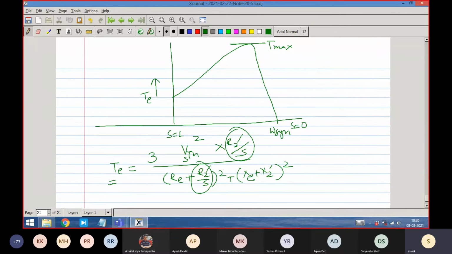So if a machine is designed with double the rotor resistance, it will produce the same torque at double the slip, isn't it? You see that no change is there. As long as we maintain the same R2'/S ratio, the same value of torque will be produced. So let us say this torque value I want to produce for another machine, which has double the rotor resistance.